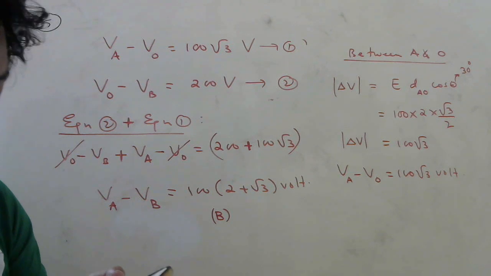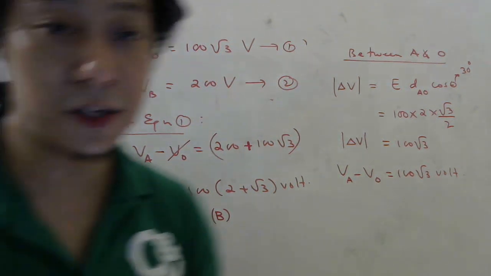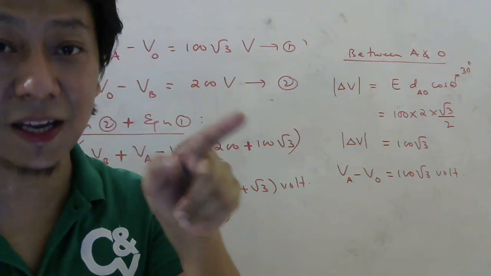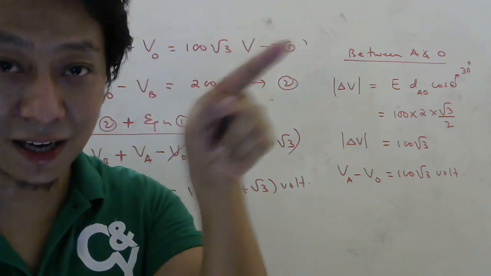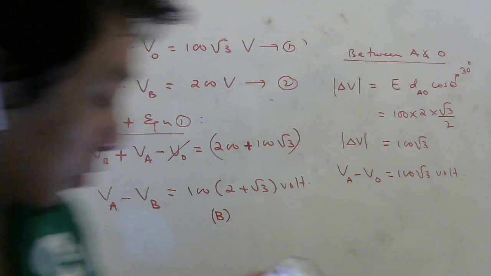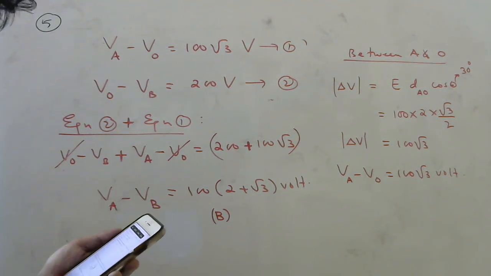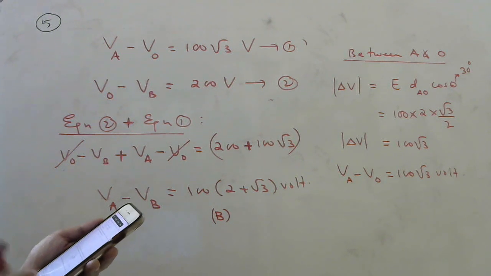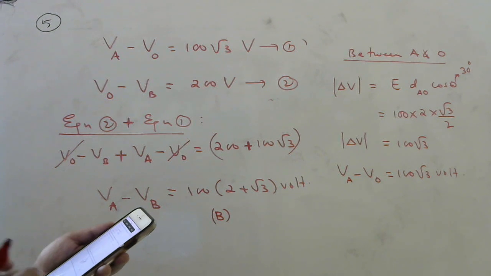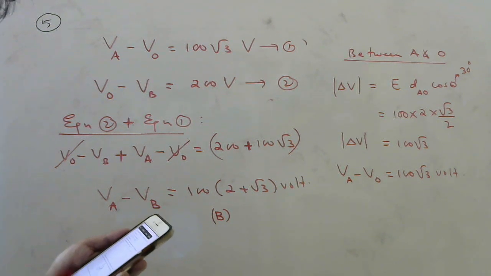Question number 7, you see. The figure shows lines of constant potential. Lines of constant potential means equipotential lines, meaning at every point on that line, the potentials are equal. The figure shows lines of constant potential in a region in which an electric field is present. The values of the potentials are written in brackets. Out of the points A, B and C, which will have the greatest electric field?